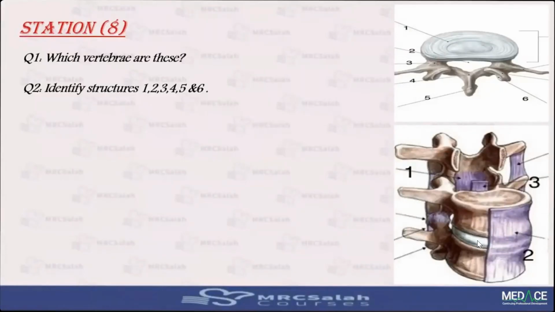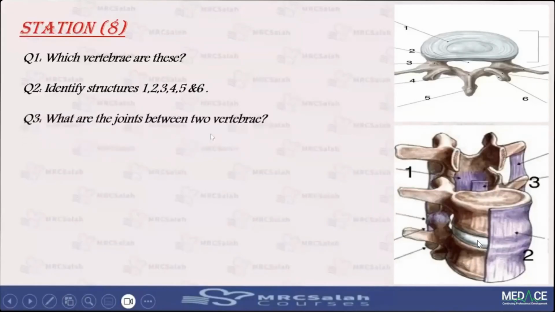Two is the vertebral canal or spinal canal. Three is a pedicle. Four is lamina. Five is spinous process. Six is